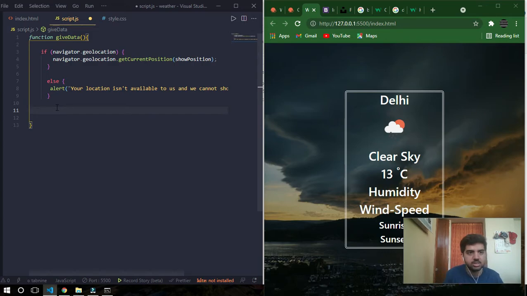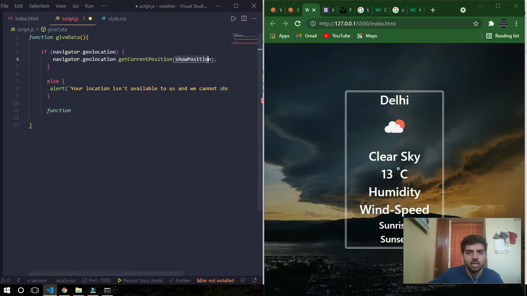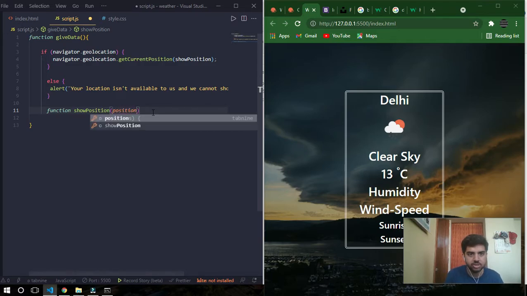I'll declare a function here. What did they use here? Okay, showPosition. Function showPosition, I'm sorry. And the parameter that I'm going to take here is position. I'll declare two variables.